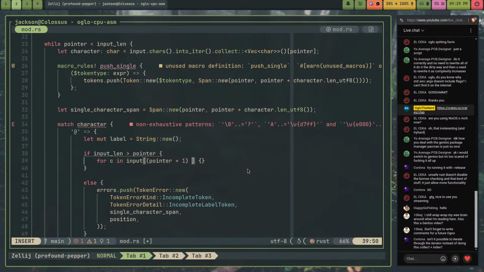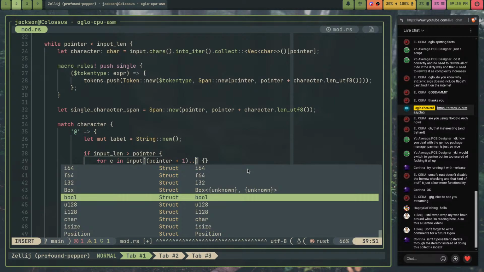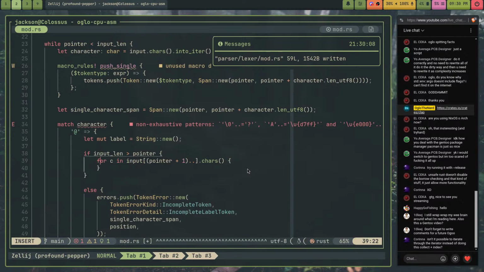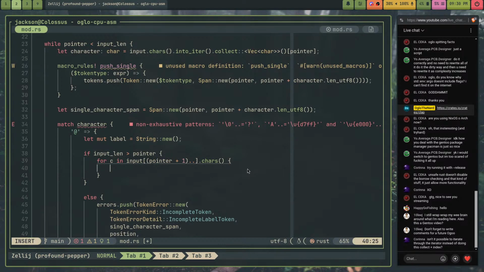I want my program to throw an error instead of crashing, because, you know, pointer, yeah, so just iterate through that, and chars. Yes. So I'm iterating through all the characters starting at pointer plus 1. And I want to do,